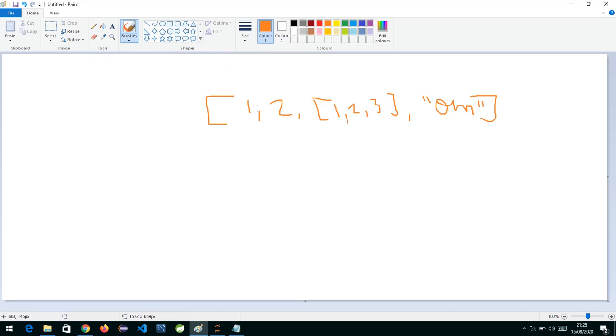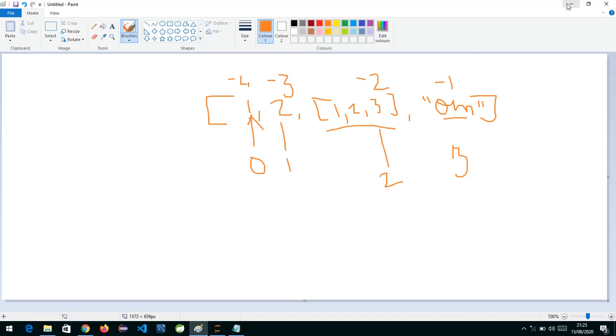By default, the first element's position for positive indexing is 0. Accordingly, this is 1, this whole nested list has location 2, and this last element has 3. For negative indexing, the last element has -1, then -2, then -3, and then -4. So you can use positive as well as negative indexing to access any element from a list.